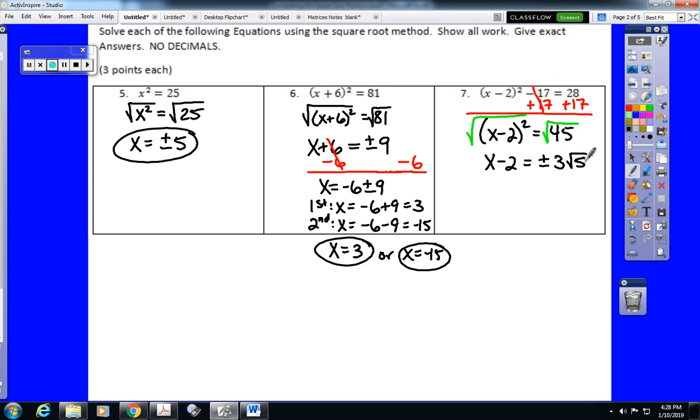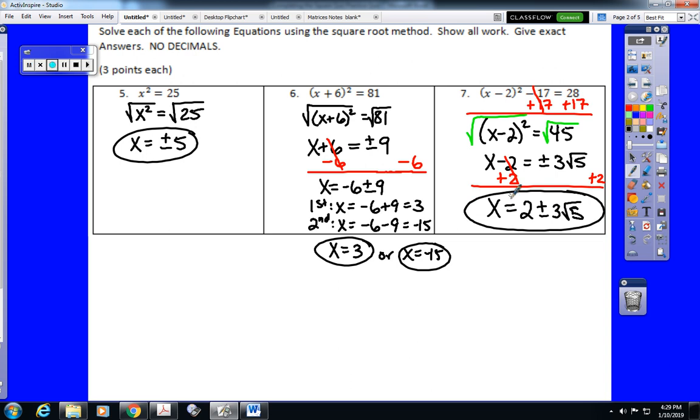3 root 5. Now, if you're having trouble with reducing root radicals, you can use your calculator to do that. But again, you have to remember to insert the plus or minus because your calculator will not tell you to do it. Add 2 to each side. Now notice that this time, when I write that out, 2 and 3 root 5 are not like terms, so that's not going to get any better,